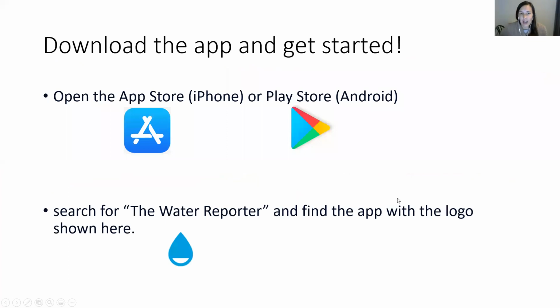You're going to need to download the app. So you'll go to the App Store. If you're on iPhones, you're probably familiar with that App Store icon. And in the App Store, you would search for the app Water Reporter. Cool. So then you'll see the app for Water Reporter. It looks like a water droplet with a little bit of white at the bottom. So once you download it, hopefully you know your